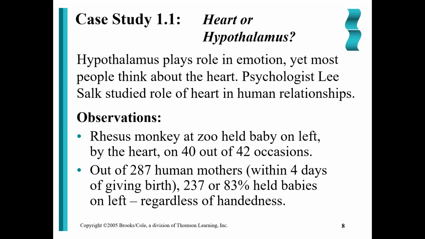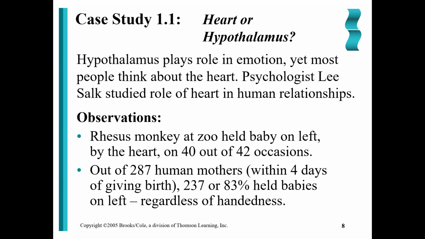Here's an example, which is very interesting. There was a psychologist named Lee Salk, and he was actually the brother of Jonas Salk. Jonas Salk is the one who came up with the first vaccine for polio. Jonas Salk was very famous back in the 1950s, and Lee Salk is his brother. Anyway, Lee Salk came up with this observation that in humans, and it seems also in